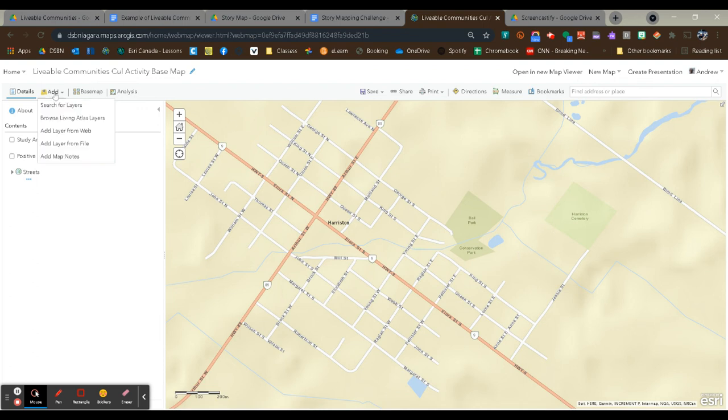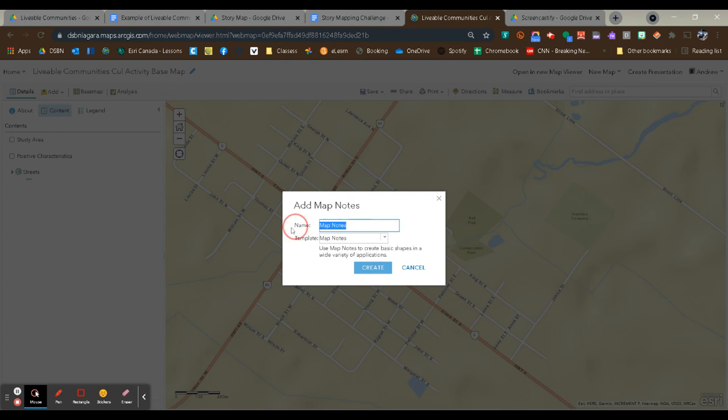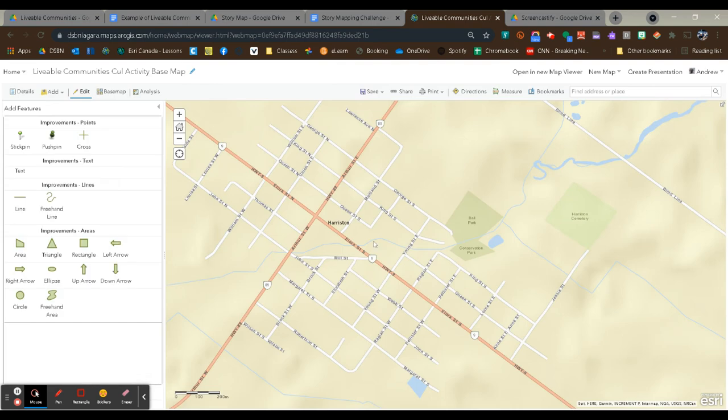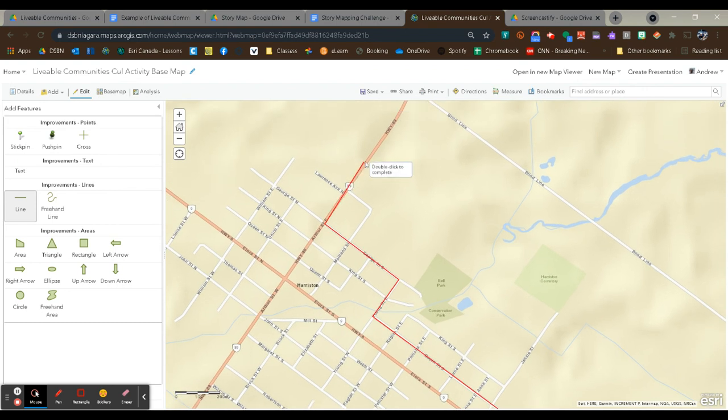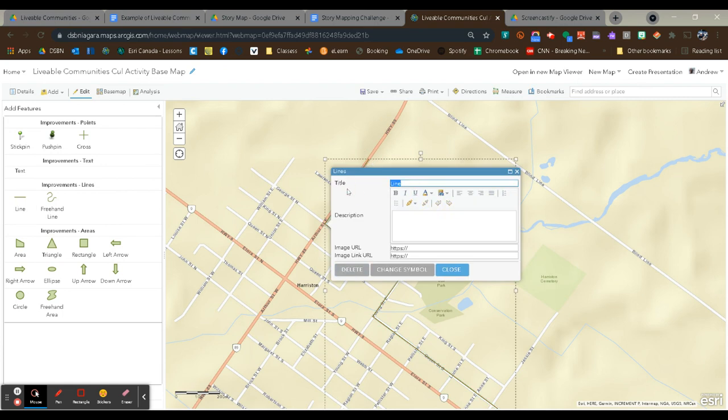So I'm going to click on add map notes, and I'm going to call this improvements, because all of my different types of improvements are going to be on here. And I'm going to be using the line tool. So I'm just going to click on line, start at the very far end, single click as I go through the neighborhood and up to the school. Now I can click and drag in order to move the map, and then just simply double click at the very end. So I'm going to call this bike lanes,